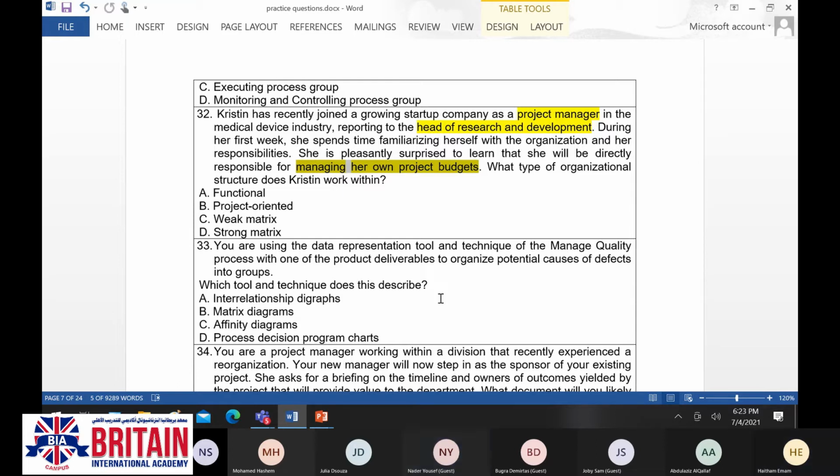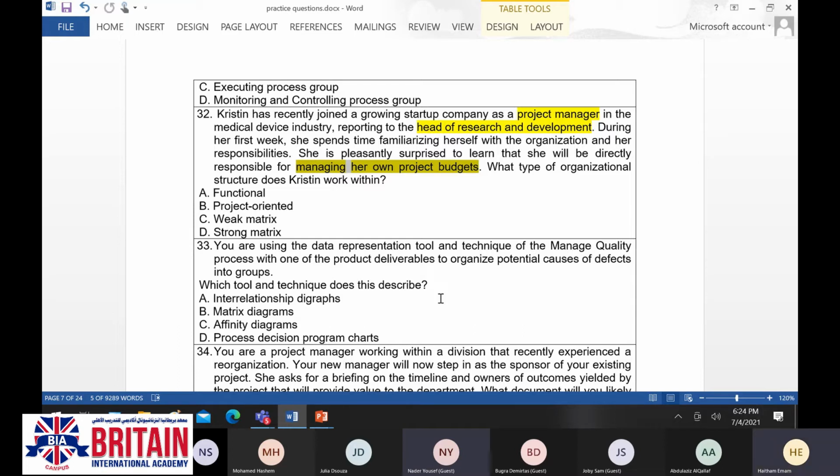Groups of what? I would like you to give more explanation on the affinity diagram. You are saying they are going to make groups. Groups of what? As per the question, they make groups of the causes of defects, or organized potential causes of defects.